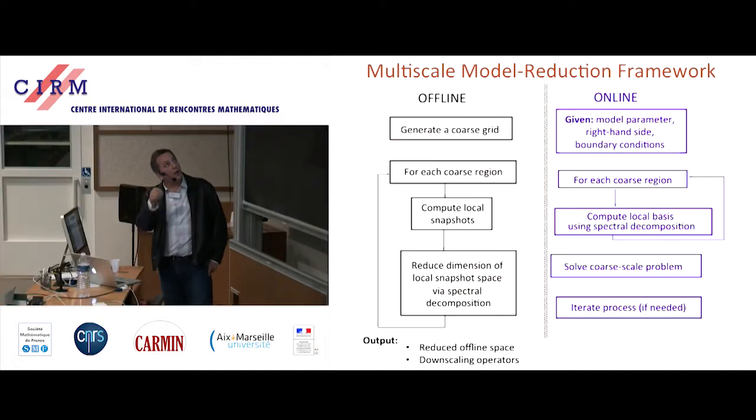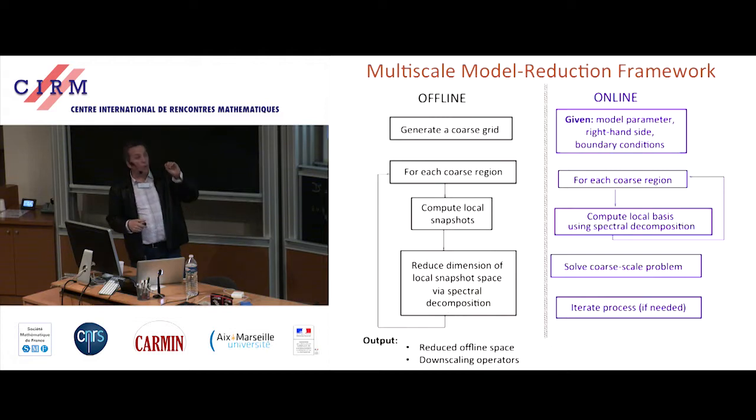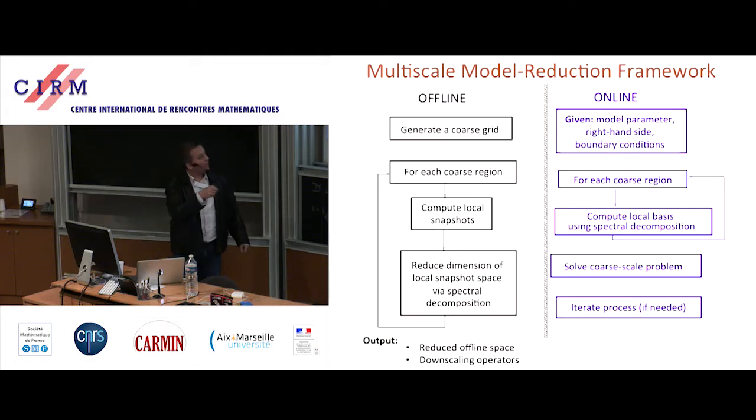In the offline cost we would consider computing all these local basis functions, which are problems that can be computed fully in parallel and, in many instances, we have found that we can compute them irrespective of a parameterization, in the sense that as long as we are given, for example, the distributions of regions that have coefficients that have jumps, we can compute for a set of jumps these basis functions and then have perturbations of the region in which the localized jumps happen, as well as the values of the jumps, and we still have fairly robust